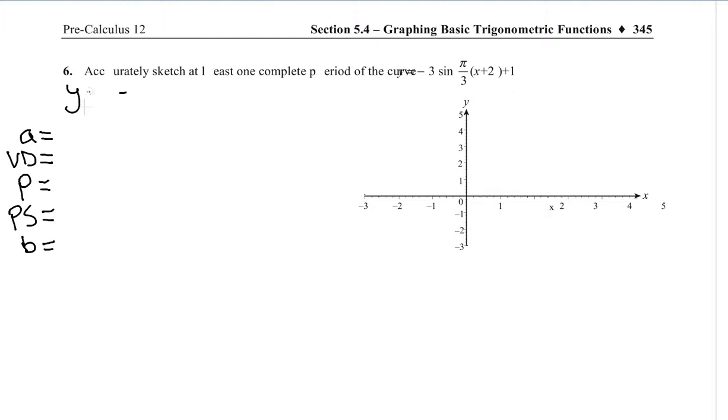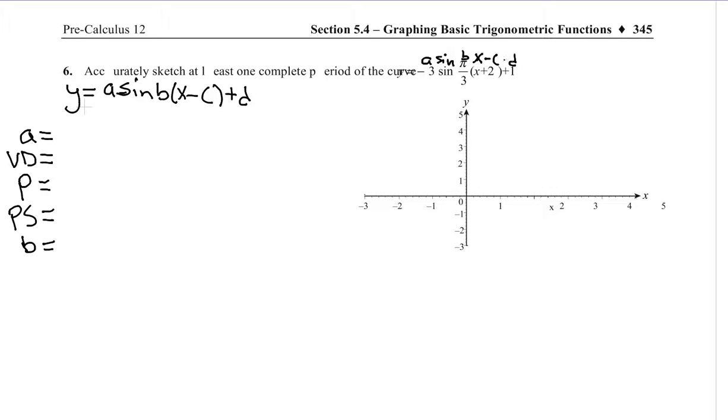So y equals A sine, or cos, but in this case it's a sine graph, B times x minus c, plus d. We can see this here: A sine, this is going to be our B, this is going to be x plus c,